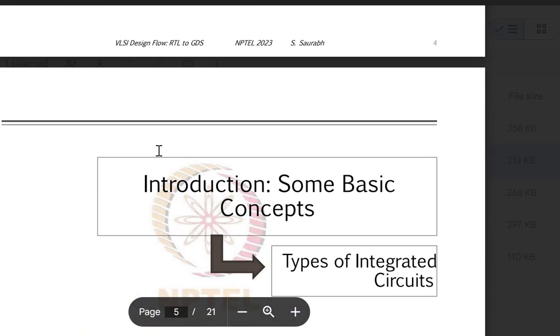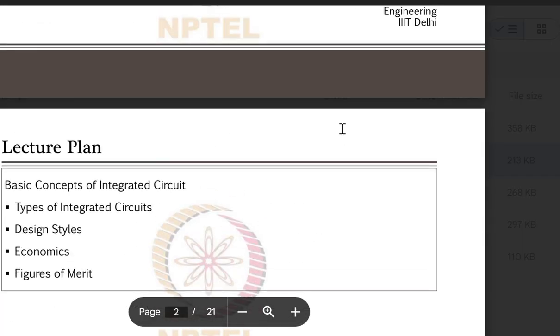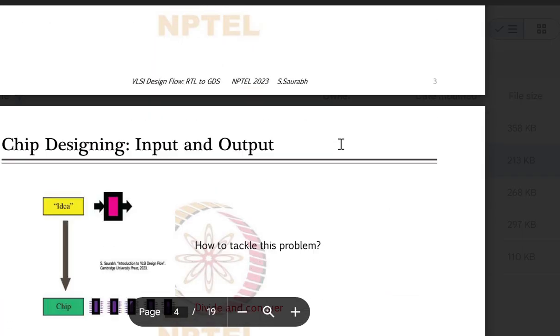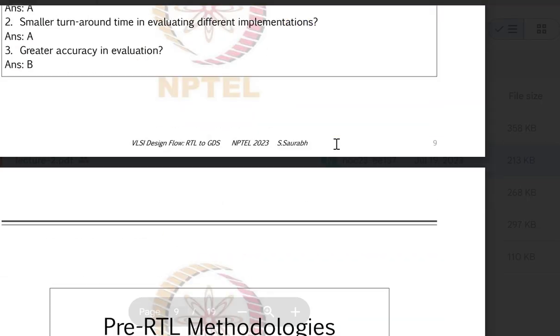In lecture number 2, we will find that. Lecture 3, if I go,